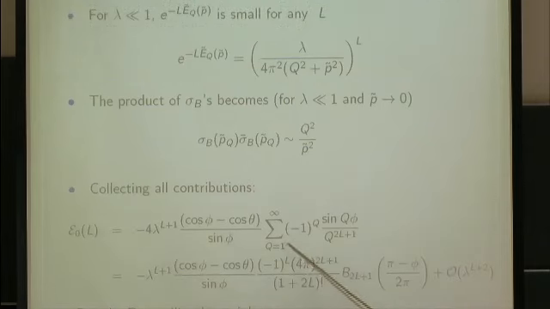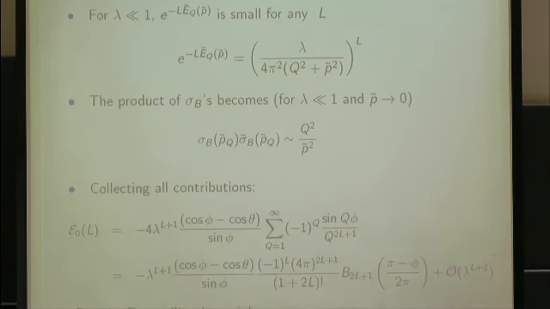In this case, this q1 is not dominating over the other ones. So we have to do a full sum over all q's. But it turns out that you can do this sum, and the result is this Bernoulli polynomial. But now we just have to take the limit. Remember, this is not the full answer. This is just the leading finite size correction, so in this case it's leading in the weak coupling expansion.